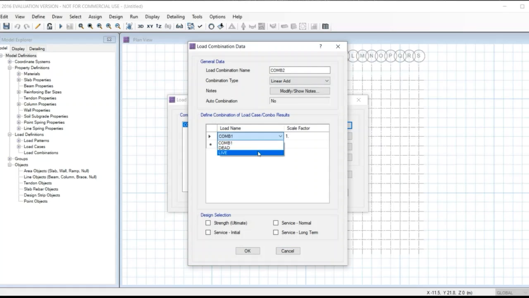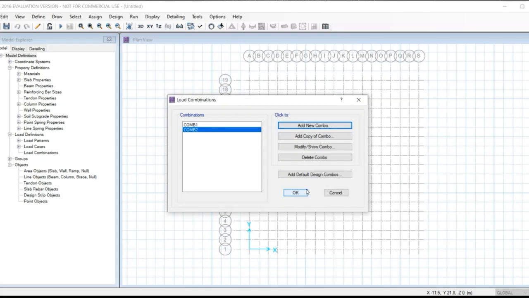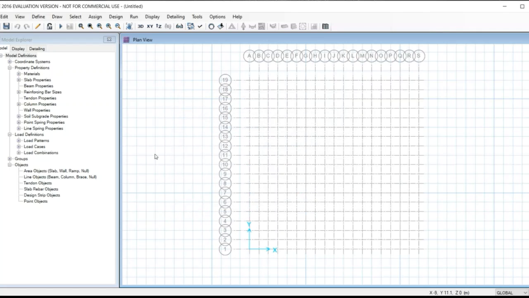Now here the scale factor will be 1 for both the dead load and the live load. And in design section, select service normal, initial and long term. Click on OK. Then click on OK.